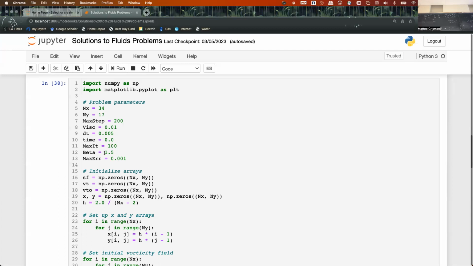Poisson loop. Okay, remember that in the Poisson loop here, this is the most important part. I have some boxy box. How close am I getting? Is it like pixelated blocks like this, or is it smooth? Okay. So this section here, beta, max it, and max err, those are all going to come with us. Max step, that's coming with us too. And those are all going to come down here.